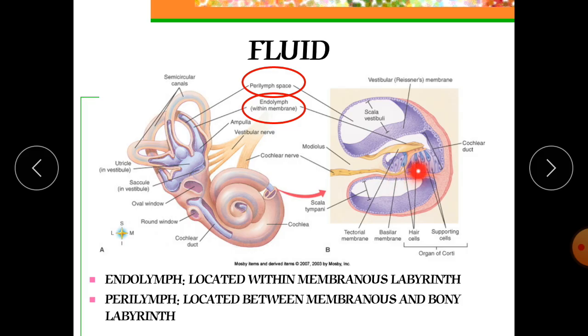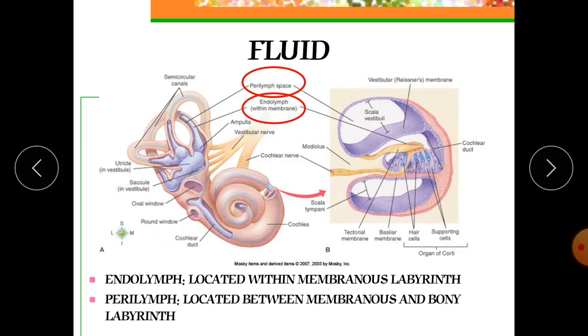Here you can see the cochlear ducts, the tectorial membrane here, the basilar membrane here, and these are the hair cells. As we have already discussed, there are more than 16,000 hair cells and supporting cells available in the form of receptors for hearing, and there is a role of various membranes like the tectorial membrane, basilar membrane, and the supporting cells. They have a great role in hearing, and in the receptors required for the hearing purpose.